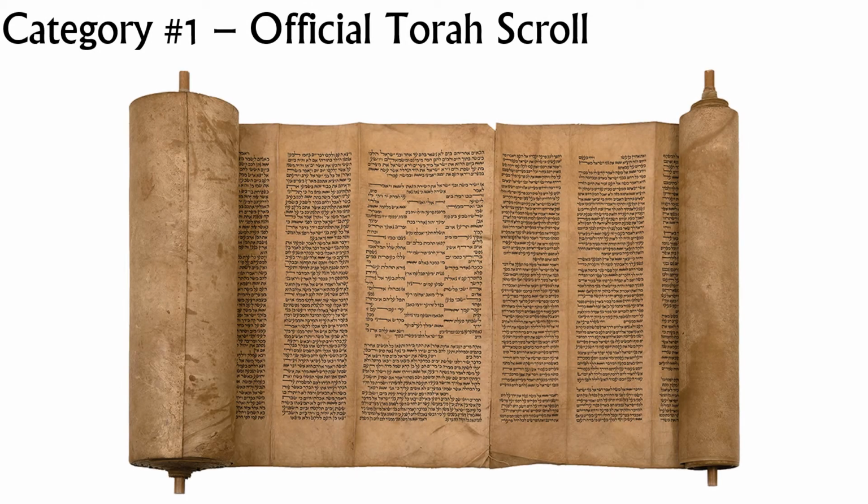Okay, so in order to understand what exactly is a Masoretic text versus something that's not a Masoretic text, you first have to answer the question of what exactly is a Jewish text of the Torah. What text exists in the Jewish community? Generally speaking, there are two categories of text. The first one, you've heard me talk about this in other videos, but I'm going to be more specific, is what I would call in English an official Torah scroll, or a Sefer Torah.